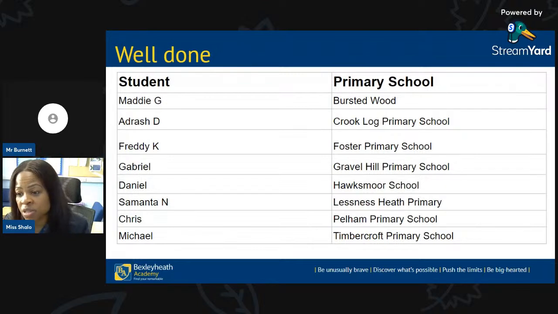We have lots of clubs after school. For example, on Mondays, normally at lunchtime, we've got a chess club. After school, we've got badminton club. I can't even speak. We've got lots of clubs. Basketball, I mentioned chess. We've got a science club, a writing club, a reading club. What we always say about clubs is, if there's a club that you would like to run that we're not running, all you've got to do is talk to the club coordinator, and they'll add that to a list of clubs.